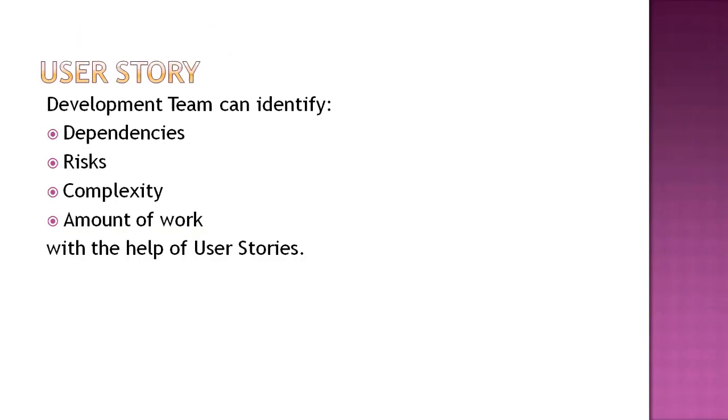Now, with the help of this information, what will the team be able to identify? They will be able to identify what dependencies are involved, what risks are involved, what the complexity of the work is, and what amount of work is required. They can get all this information. Why are dependencies and risks important? Because we are going to do the estimation and clarity of the user story or work item in the refinement session. We have not yet reached the sprint time, right? Before getting into the sprint, we want to ensure all the dependencies are clear. That will give us an option to run the show very smoothly.